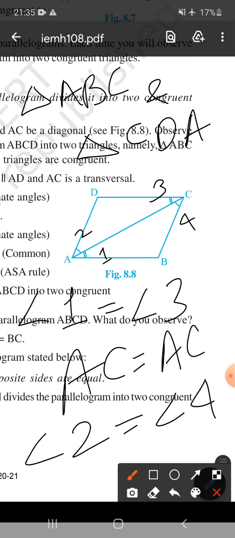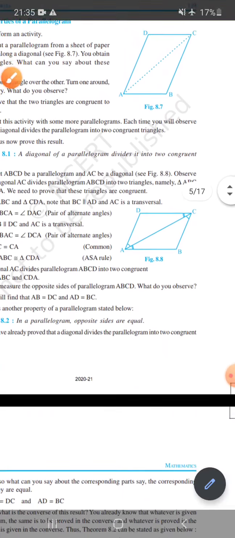So we can say that triangle ABC is congruent to triangle CDA by the angle side angle congruency criteria. And once these two triangles are congruent, then we can say that side AB, so already it's a parallelogram, so no need to say this, we just have to prove that these two triangles are congruent. Now